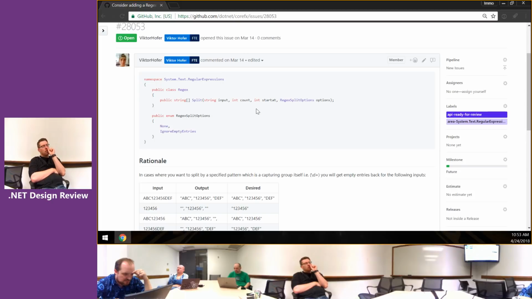And the expected behavior is usually that you just get the element back if there's no delimiter. Oh, I see what you're saying. So it's an instance method. So you're basically constructing a regex of a pattern, and then you say, here's the input, which could be, okay, the pattern could be \d plus, in which case you would get,